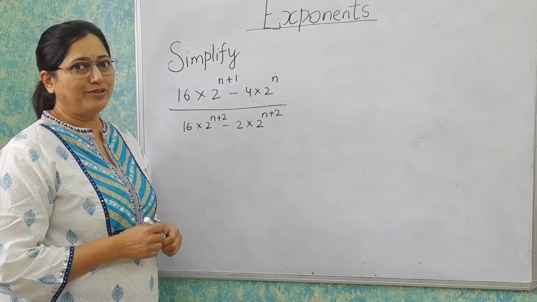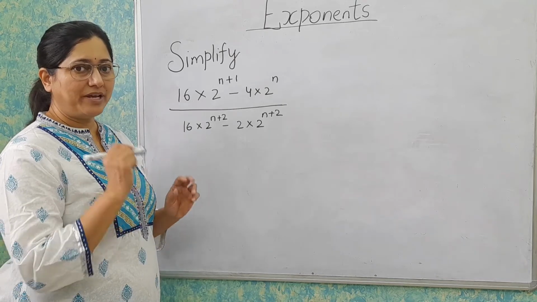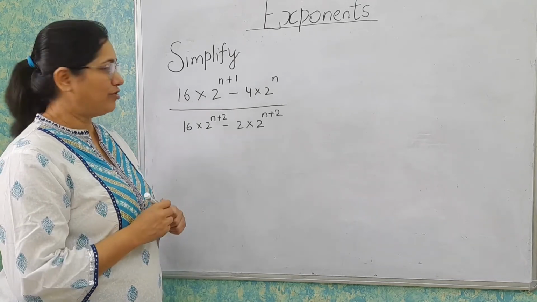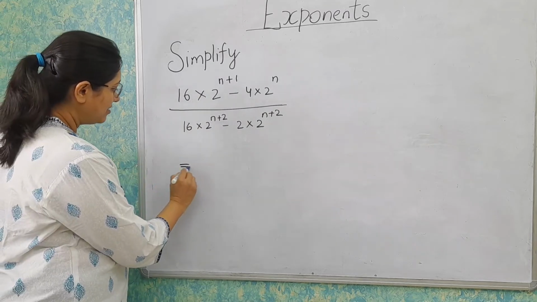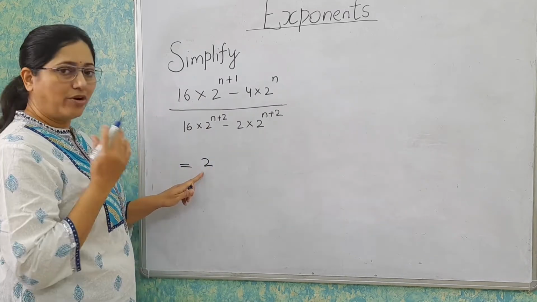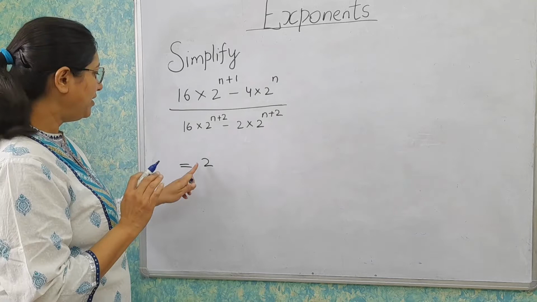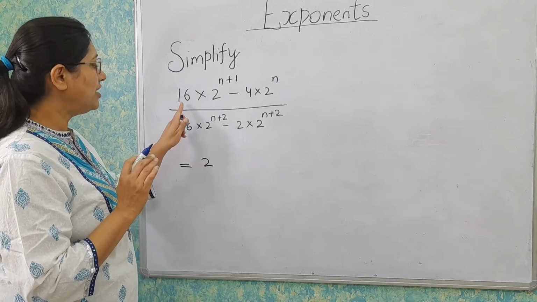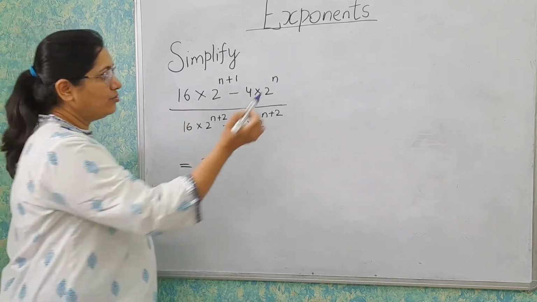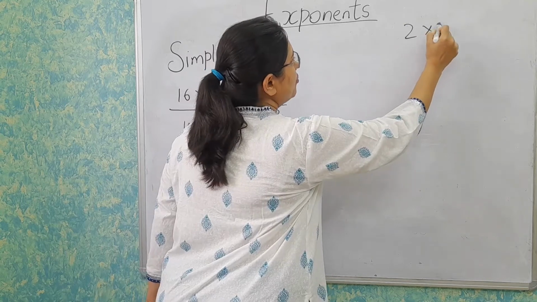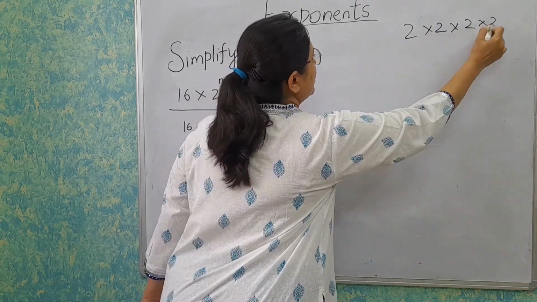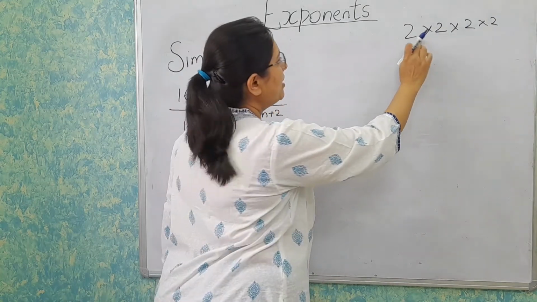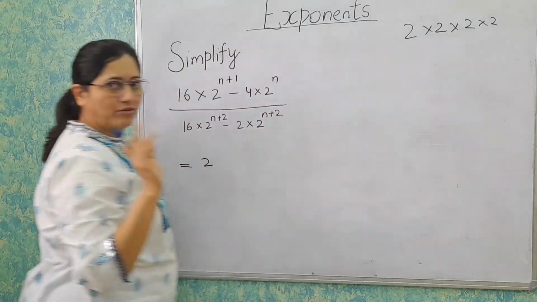But how can we do that? Simply by multiplying 2 for a particular number of times. Let's take a look. First I will write it as 2. For how many times I have to multiply 2 with 2 itself so that I will get 16? You know that 2 to the 4, 2 to the 4 to the 8 to the 16. It shows that I have to multiply 2 for 4 times.